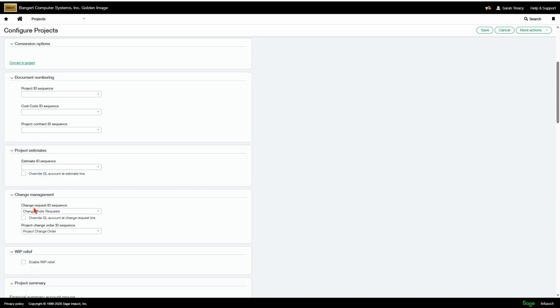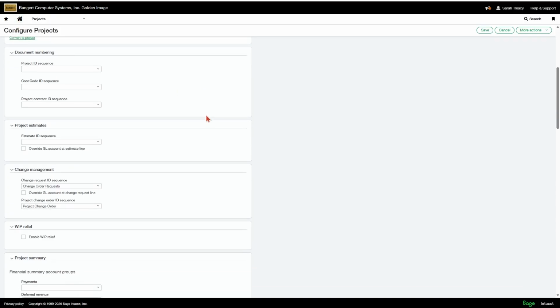And then for your change order requests and your project change orders, you can put in a sequence for them. They probably should pull in already if you have Sage Intacct Construction starting off. So if you do make any changes here, if you had to delete anything out, you can click Save. Obviously, if you want Intacct to generate those IDs for you, you can just put in a sequence if you don't want to have your own numbers. So if you deleted anything out, if you made any changes, hit the Save button.